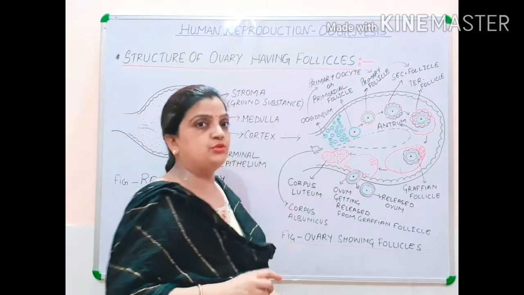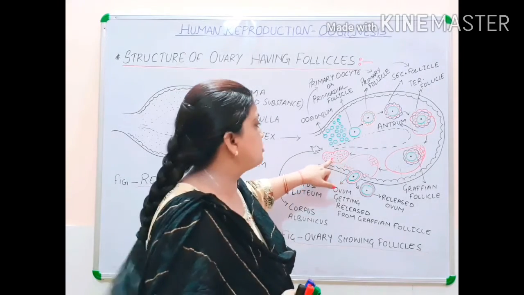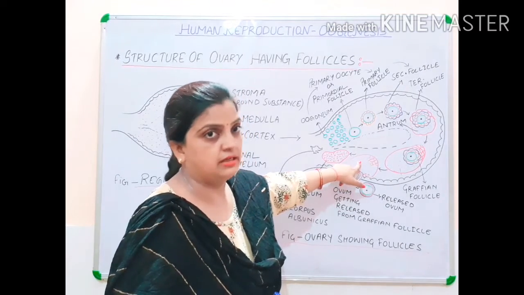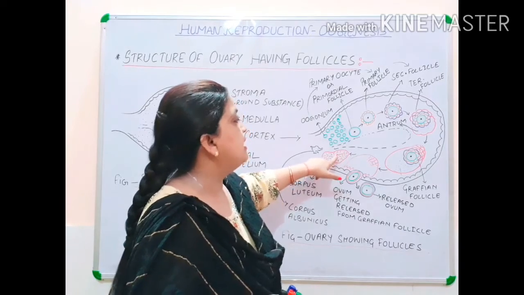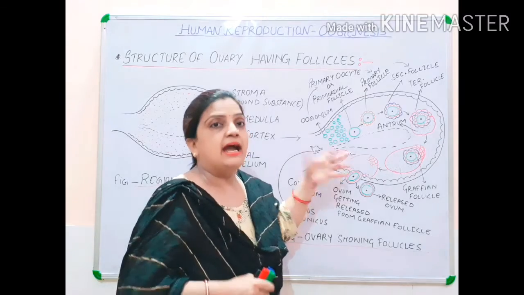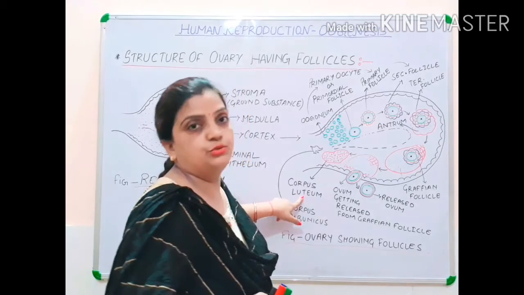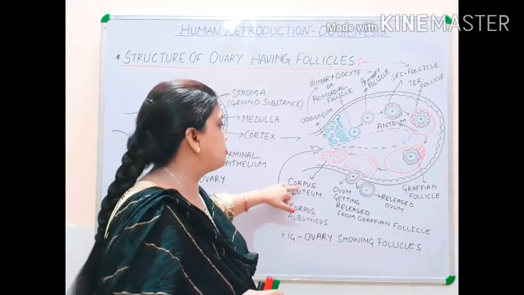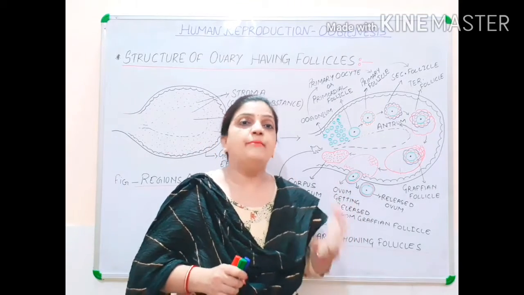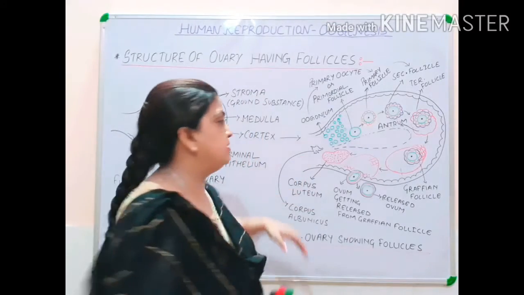Now this corpus luteum is a blood-filled pouch-like structure. It is formed by the repairing of the Graafian follicle, and the repaired follicle is filled up by blood, and the structure which is formed is called the corpus luteum. Now children, this corpus luteum persists inside the body of a female if pregnancy persists in a woman. Now, I'll explain the meaning of it.